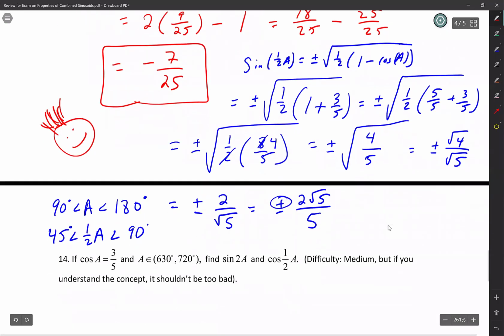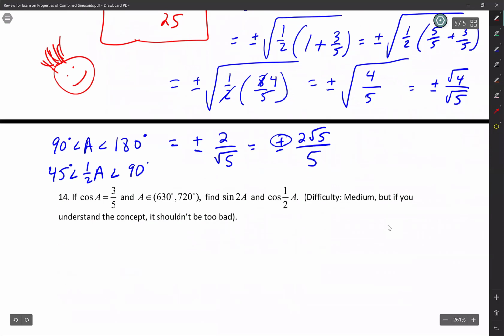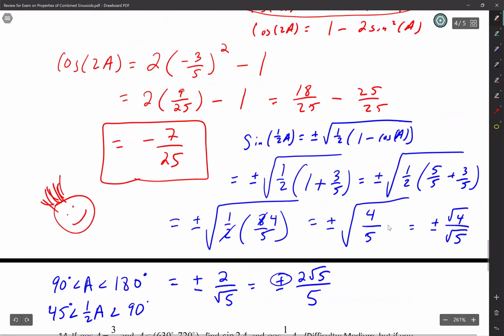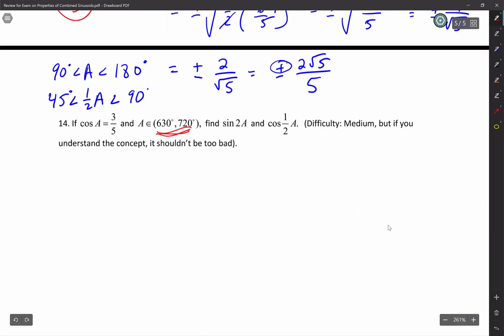All right, question 14 is exactly the same as question 13. The only difference is that when you're doing sine 2a, you don't care about the sign, but you are going to care about the sign when you're doing that one. So you're going to do everything exactly the same. What's half of 630? What's half of 720? Is it okay if I just have you guys do that one and you guys are good from that? Okay, so let me come back and